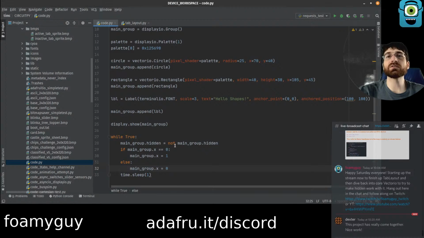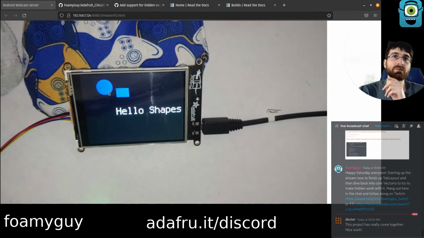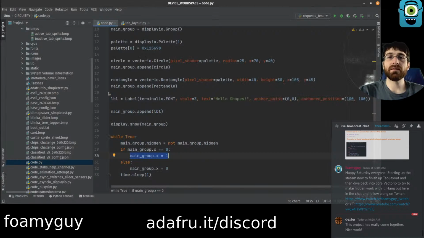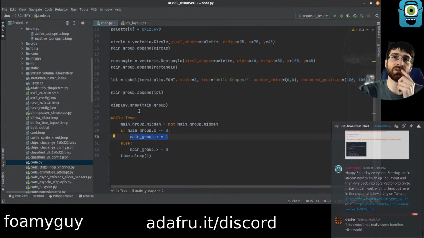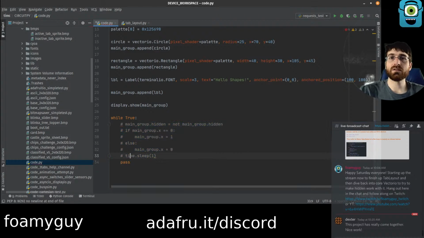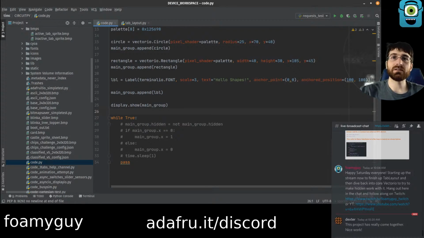So that's interesting. Basically this is the nudge I was talking about. If we change something else, then the system realizes that it needs to refresh those shapes. But if we don't change anything else, then it just doesn't know. It did hide them the first time, though, so that part worked. Let's go without the loop, actually. Let's try just doing it once. So, like this, it should just show everything. And then